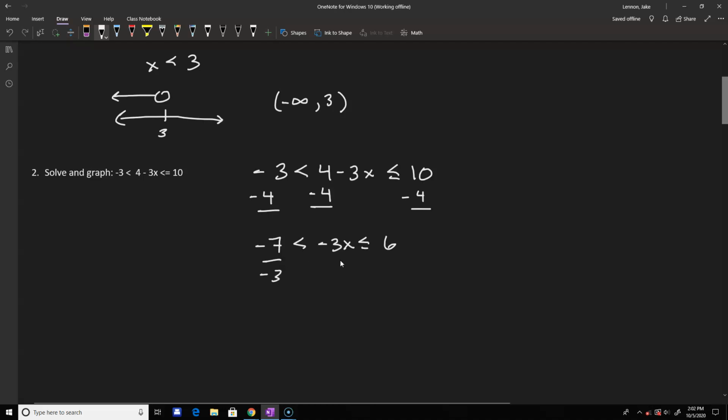So we'll divide all 3 parts by negative 3, but in the next line we're going to have to flip these symbols. So we'll have 7 over 3 is greater than x, which is greater than or equal to negative 2. So when we graph that,